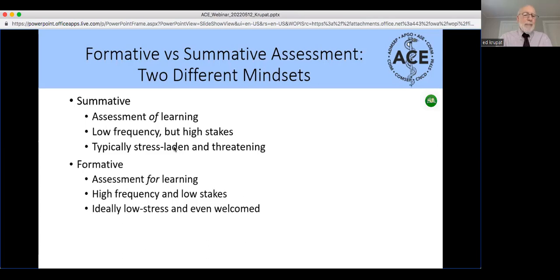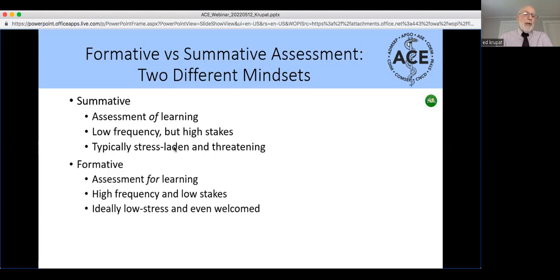Summative assessment happens relatively not very often. I remember when I was in college, I came into a class somehow, and some classes said to me that there would be weekly quizzes, and others said that there would be a midterm and a final. Summative assessment can be a weekly quiz, but it's usually low frequency. It's that midterm or final. But there's a lot riding on that. You better not mess up. It's a real high stakes thing.